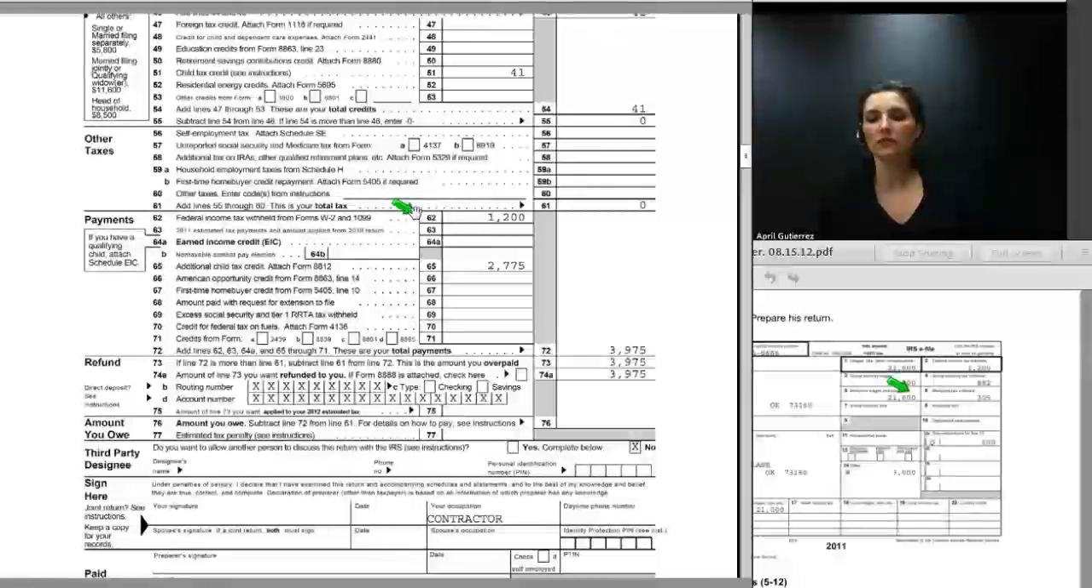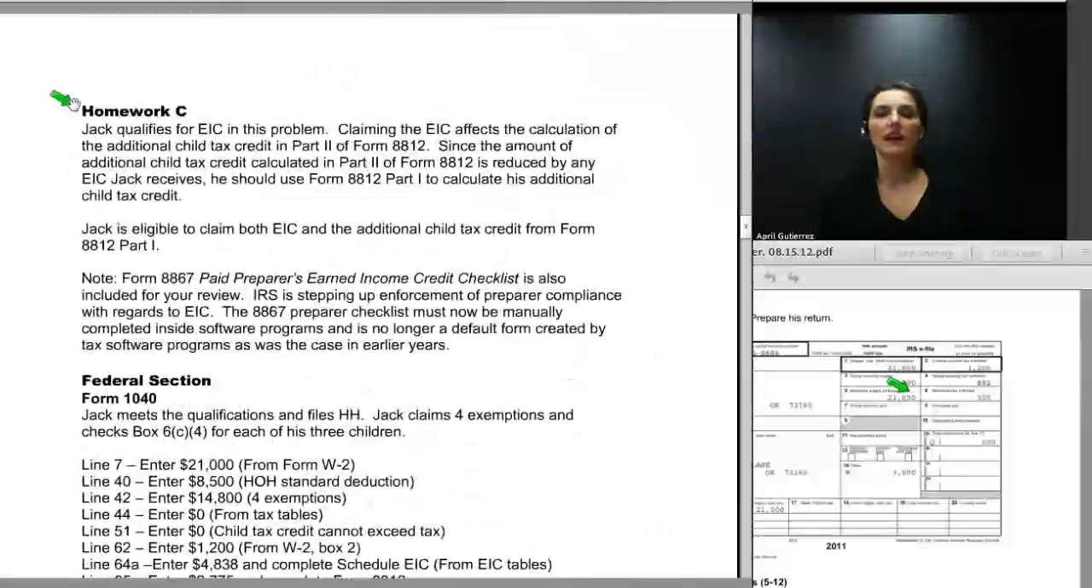We enter his withholding from box 2 of his W-2 on line 62. He has withholding and credits in the amount of $39.75, and he will get all of that refunded. His refund is $3,975. And moving on with homework assignment number C,